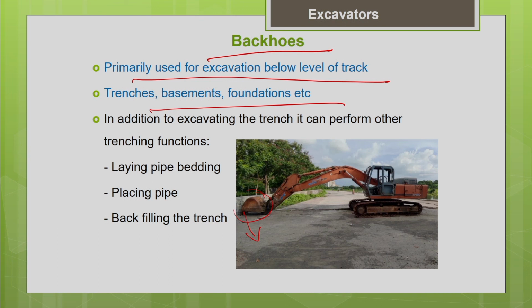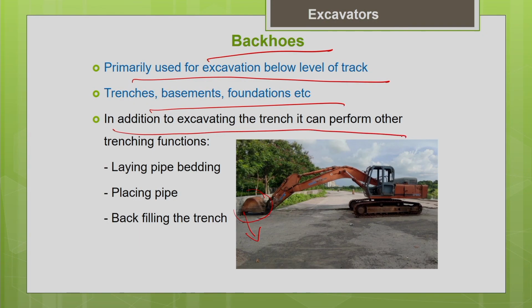There will be a coupling device. You can just attach the hoisting attachment and handle the pipeline which is to be placed. So place the pipeline with the help of the backhoe. Now backfill the trench with the same backhoe. So the same machine is able to do the complete job. It can excavate the trench, it can handle the pipeline just by changing the attachment, and it can backfill the trench. So the complete job is done by the same machine.